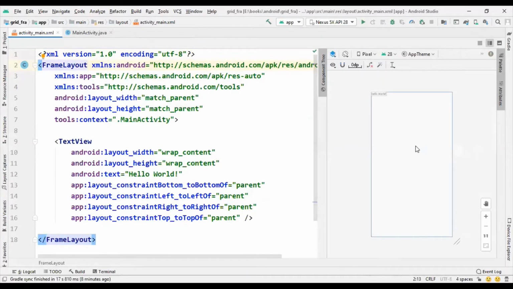This is the frame layout, and now here we want to use multiple images. For that purpose we select multiple images,